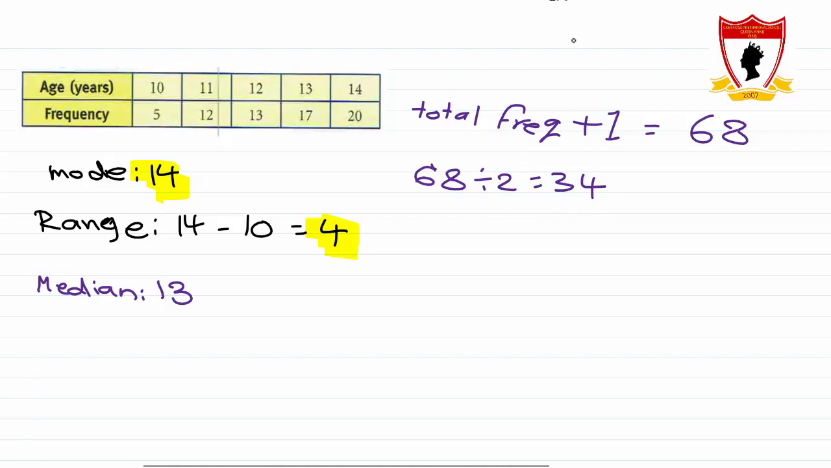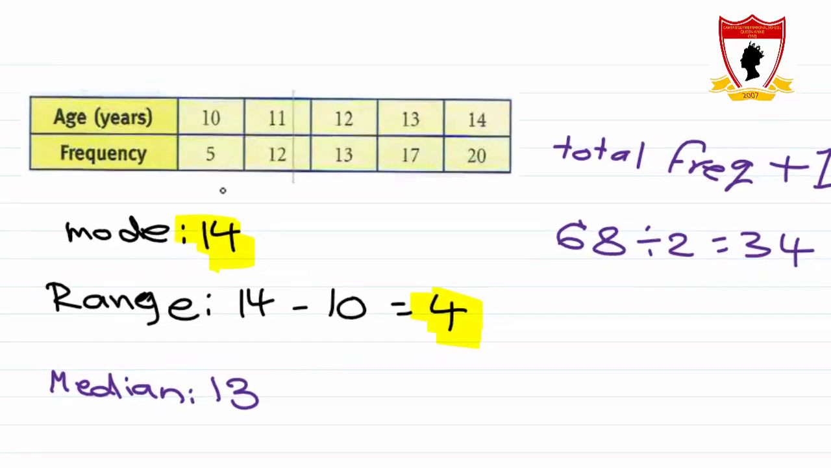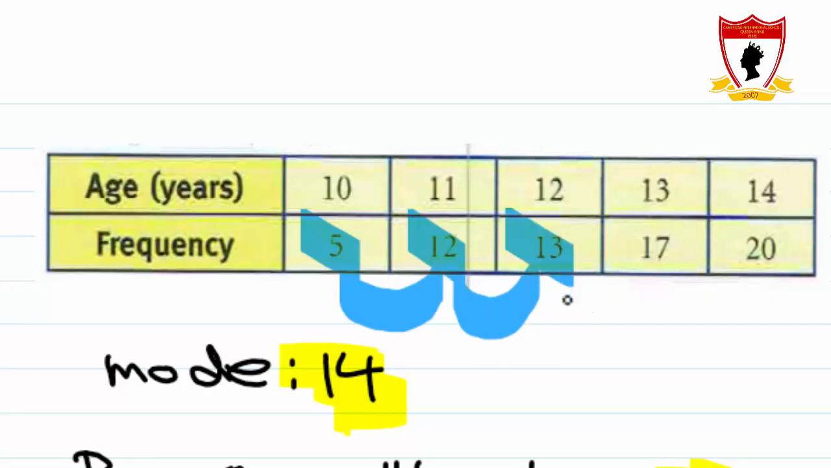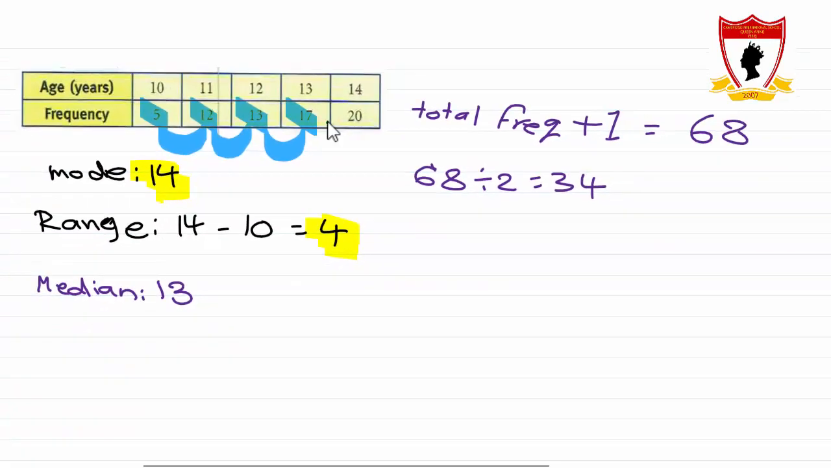Now add the frequencies until you can cover 34. There is no 34 in 5. There is no 34 in 5 plus 12. 5 plus 12 is 17. There is no 34 in 17. 17 plus 13 is equal to 30. There is no 34 in 30. 30 plus 17 is equal to 47. Yes, there is a 34 in 47. So this one gives you the place of the median, which is the 13. That gives the exact same answer. And finally,